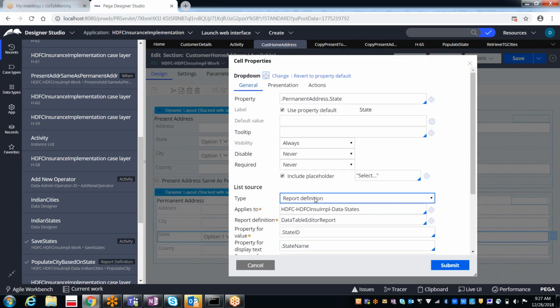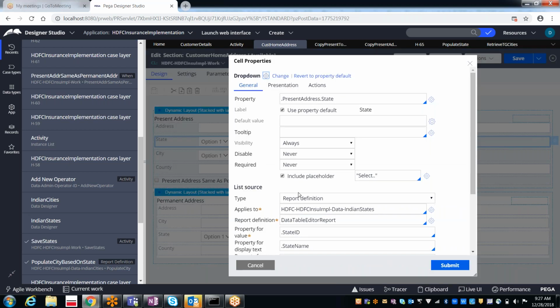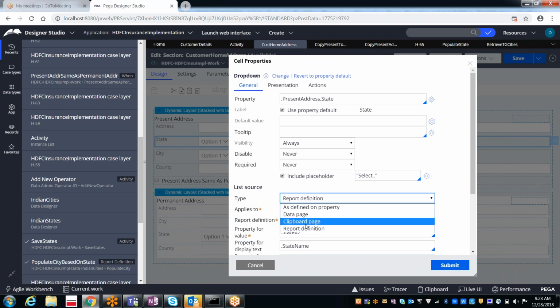Here under the state, we populated through the report definition, and here in the state also we populated through the report definition only. As I said, we also looked up clipboard page and as defined on the property. We covered these 3, but now we have data page also. So tomorrow we'll learn how to use the data page and why to use the data page.